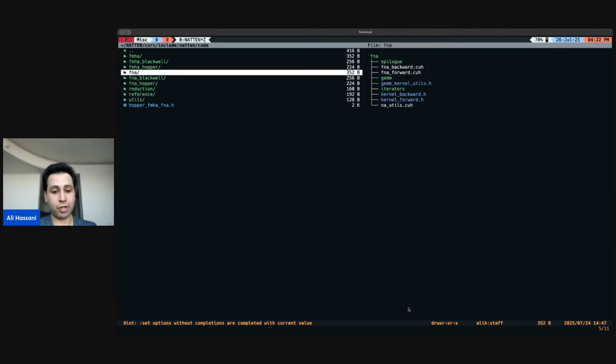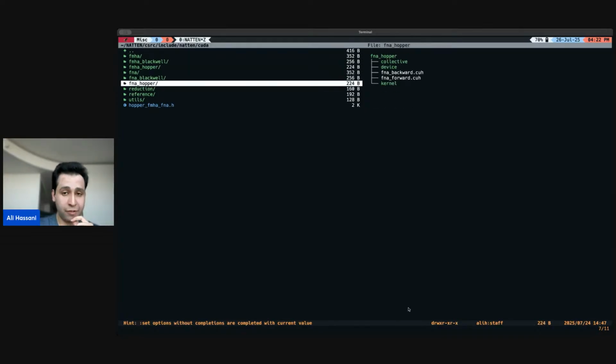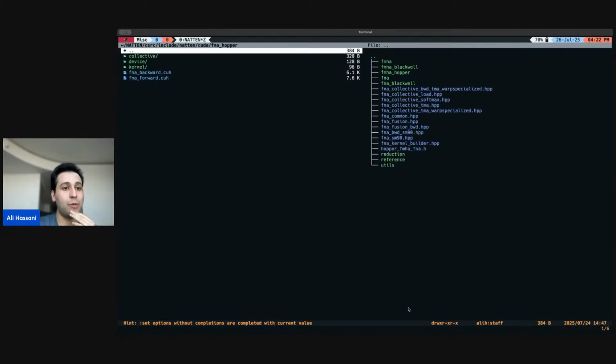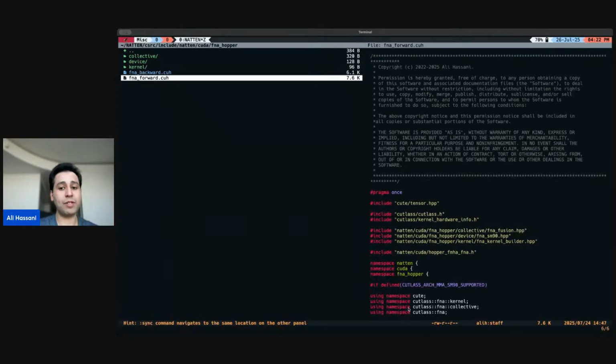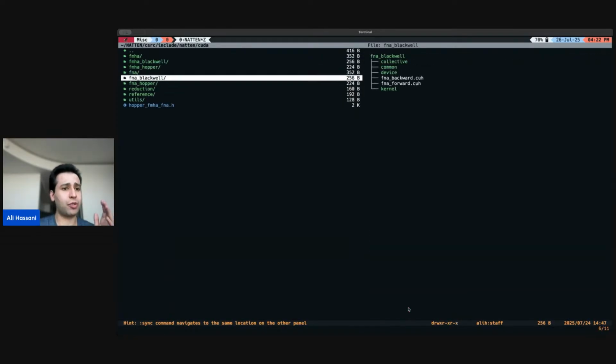And not to mention, in the package itself, we call FMHA Cutlass FMHA, but these are all Cutlass. But anyway, we have equivalents for all of these. We have FNA, Blackwell FNA, and Hopper FNA. And right now, there's a lot of code duplication that might be unnecessary that we'll optimize in the future. But primarily, the difference that you will find, let me just go through Blackwell since that's